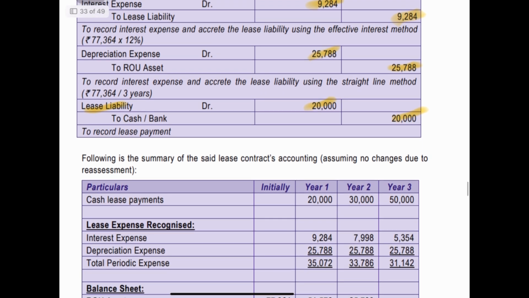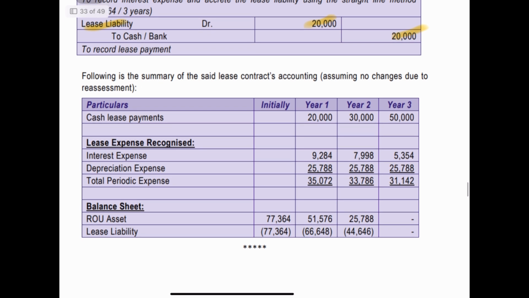Okay, so like this you have to do for 3 years. So if you do all the entries for 3 years, the summary will become like this. So initial ROU asset is 77,364 and liability is 77,364, and year one payment is 20,000. So from 20,000 you can